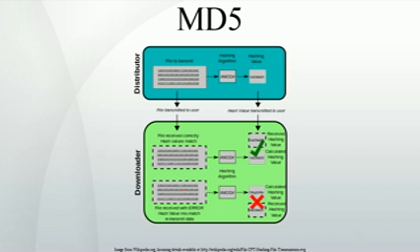Each round is composed of 16 similar operations based on a nonlinear function F, modular addition, and left rotation. Figure 1 illustrates one operation within a round. There are four possible functions F. A different one is used in each round. Denote the XOR, AND, OR and NOT operations respectively.